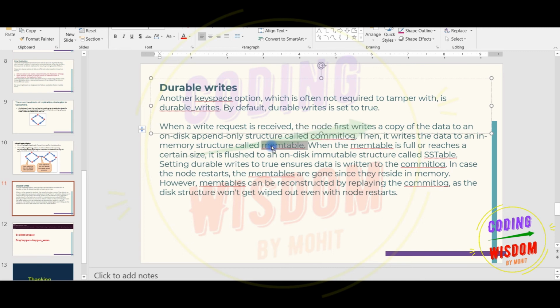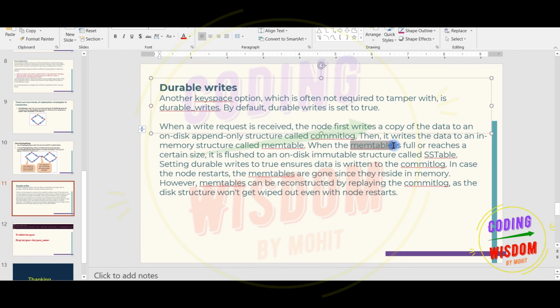Then on the memtable, when the memtable is full and reaches a certain size, say we have defined the memtable as 10 GB, after 10 GB it's full. Then all the data in the memtable is flushed to the hard disk, into an immutable structure on disk called the SSTable. So SSTable is on the hard disk, and the memtable is like RAM.